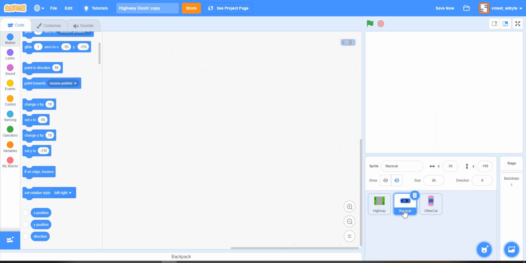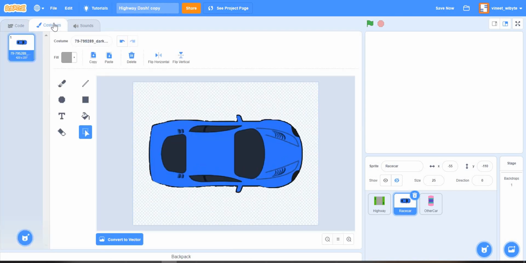What I've done here is I've taken a sprite from the internet and cleaned it up because I wanted my race car to look somewhat nice. The cleaning process can be a little bit tedious because there's a lot of dots and stuff, so you can use some external editor, maybe like Photoshop, or you can also use the Scratch editor, but it takes a little bit of time, so I've done this already for you here.